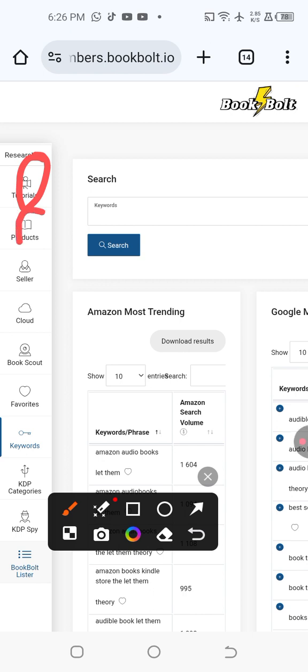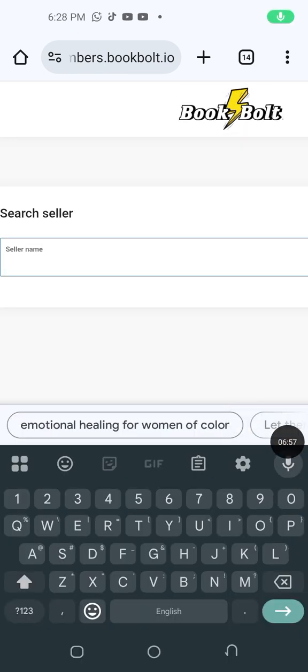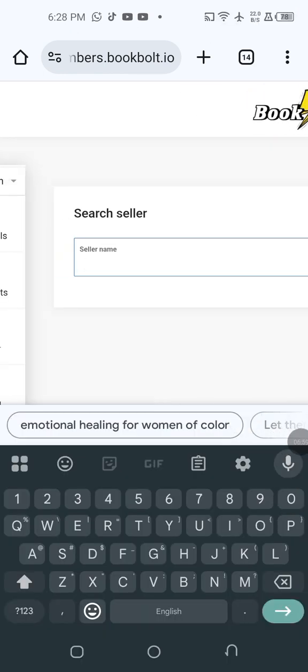Now number two, product. If you want to get a detailed explanation of each product or a keyword related to the book that you want to publish, come and put it in this product. Now let's talk about seller. This seller means it will give you details of those